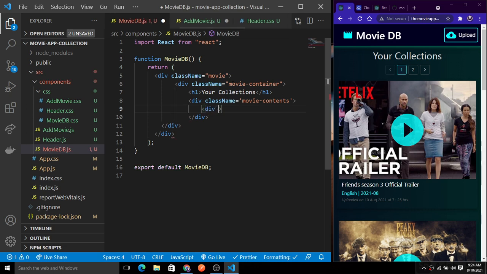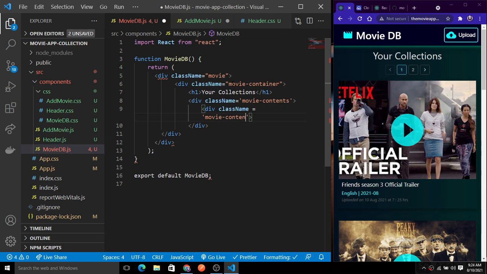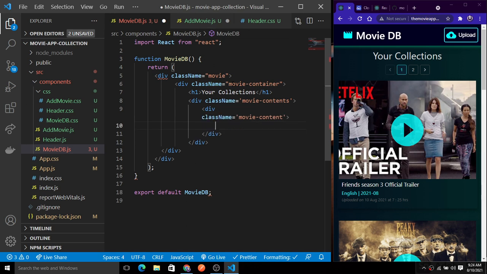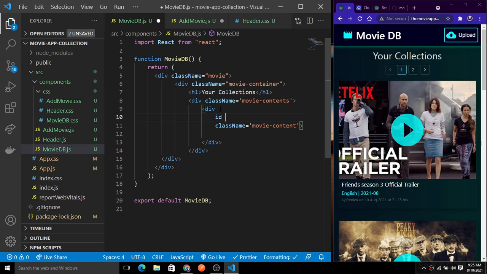So here I'll just need to add a class name. Just give the class name here, and give it a name like movie content. So basically it will be for each and every movie. So movie content, and inside of this movie content we have a player ID, or I can simply give an ID also to uniquely identify this. So just give the ID of movie data,